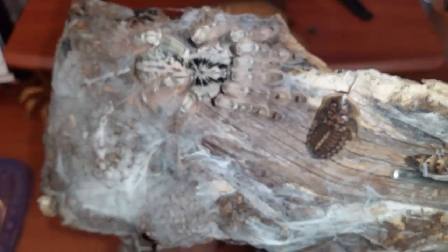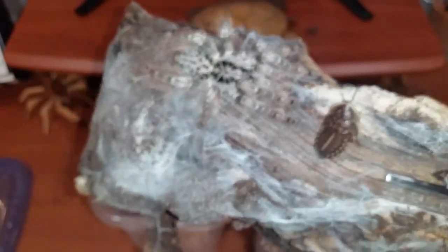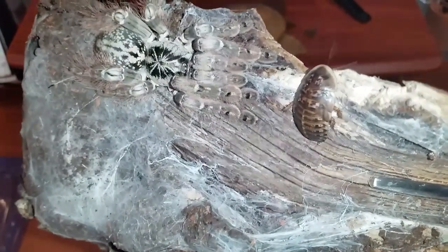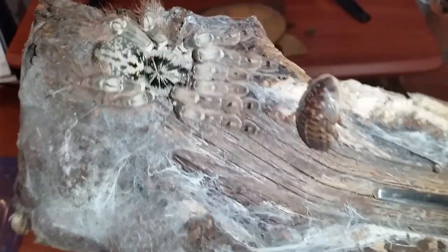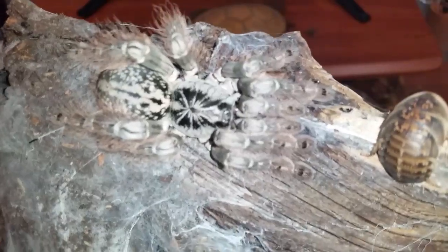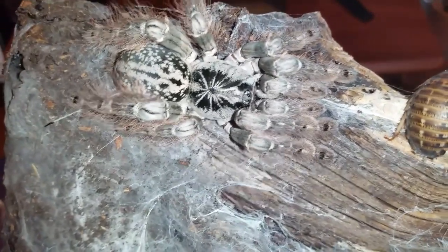So anyways, guys, he or she's backing up. Sorry about the blurriness and the shakiness. I'm going to get him into the new enclosure, and then I'm going to take the camera off the tripod and hopefully get a better look. Well, that's a pretty good look there, mind you, because he's up close. Okay, so